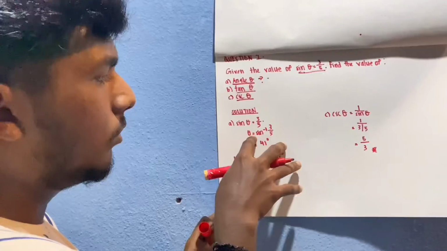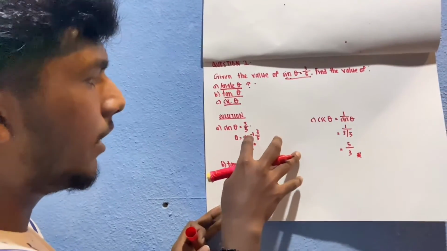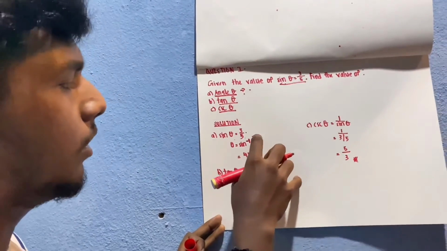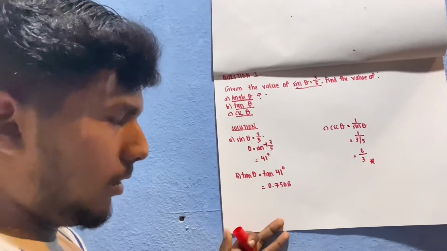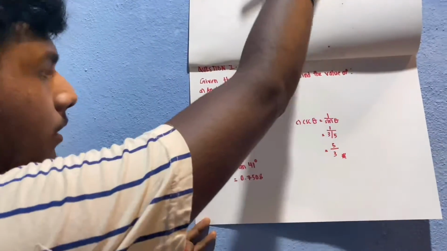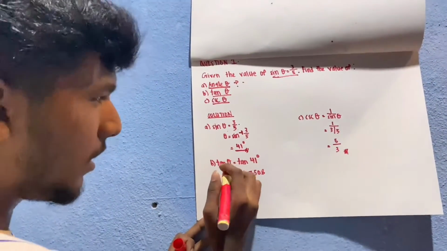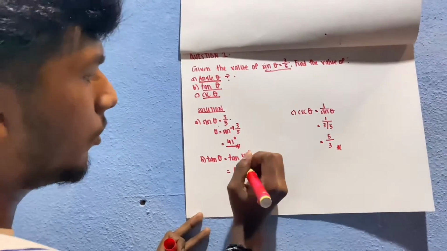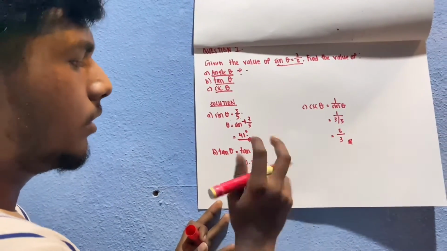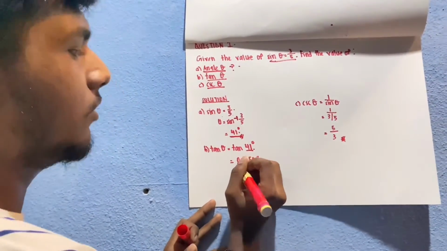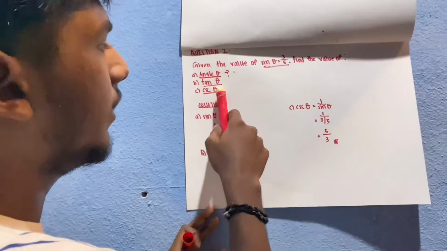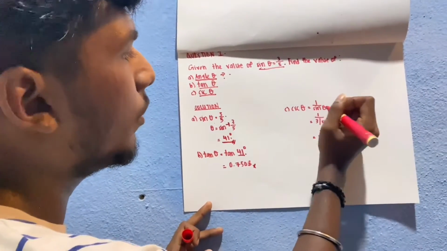So we write the equation theta equals sin negative 1 of 3 over 5, because the sin moves to the other side and becomes negative 1. If you press it on your calculator, the calculator will give the answer 41 degrees. Same for tan: theta equals tan 41. This 41 degrees is from the previous answer, and if you press tan and 41 degrees on the calculator, the answer will appear as 0.7508. And for the last part, they ask CSC theta. The CSC theta equals 1 over sin theta.